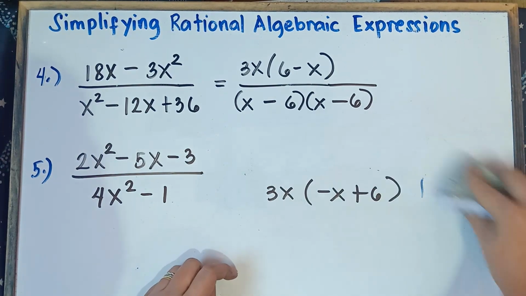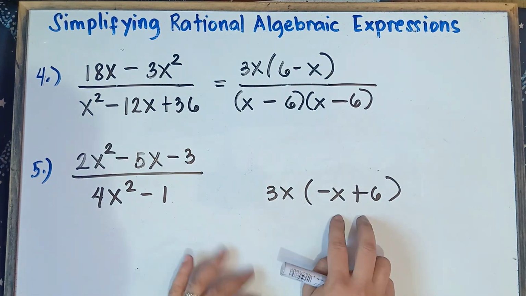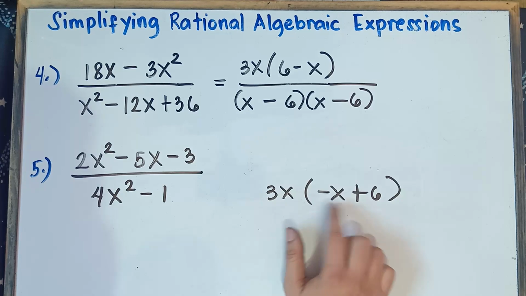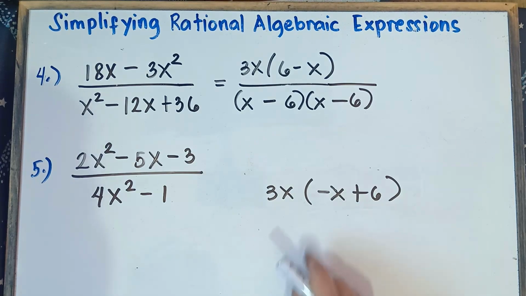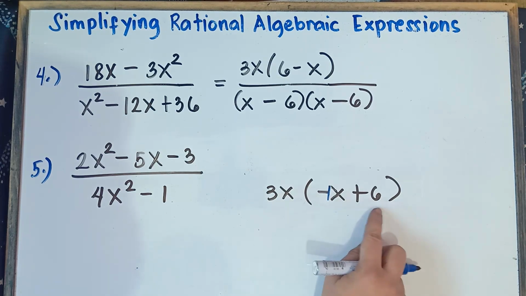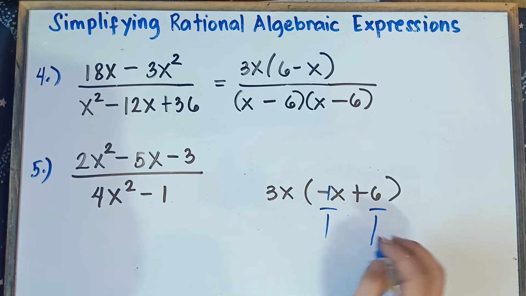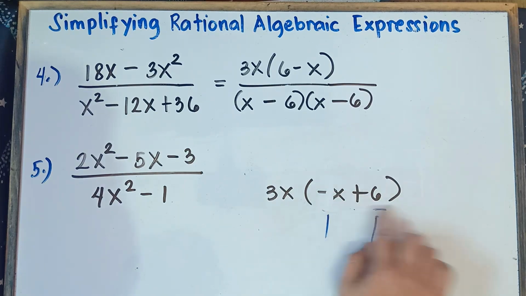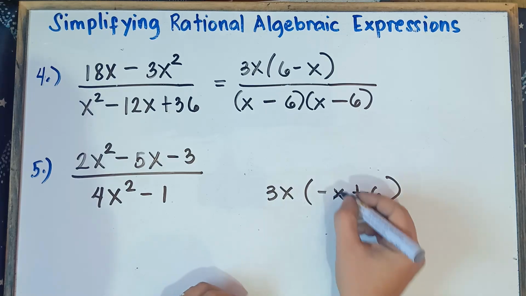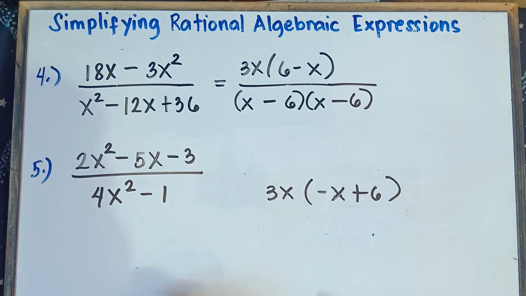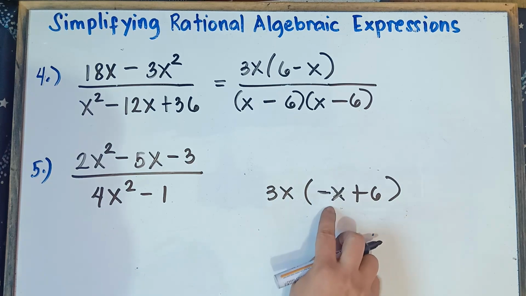Now question, can I factor this out by negative 1? Yep, you can factor this out by negative 1 because the greatest common factor of, understood that there's 1 here, right? The greatest common factor of 1 and 6, that's only 1. We can divide 1 by 1. We can also divide 6 by 1. So the greatest common factor, that would be 1. Now, since this is negative x, therefore, class, we can factor this out by negative 1 to make it positive. To make this x become positive, we can factor this out by negative 1.